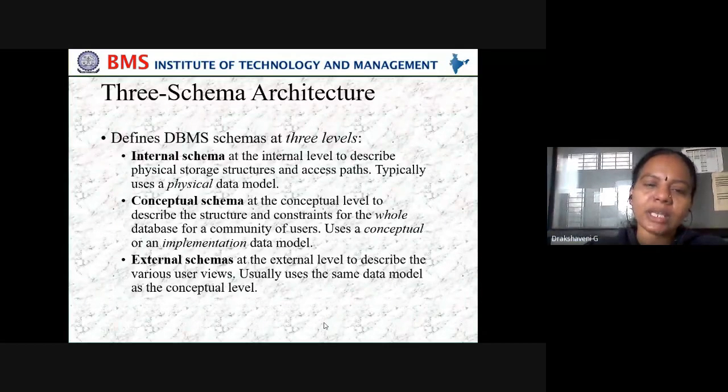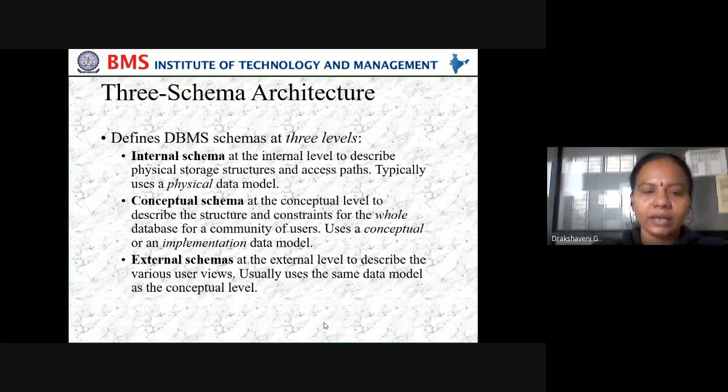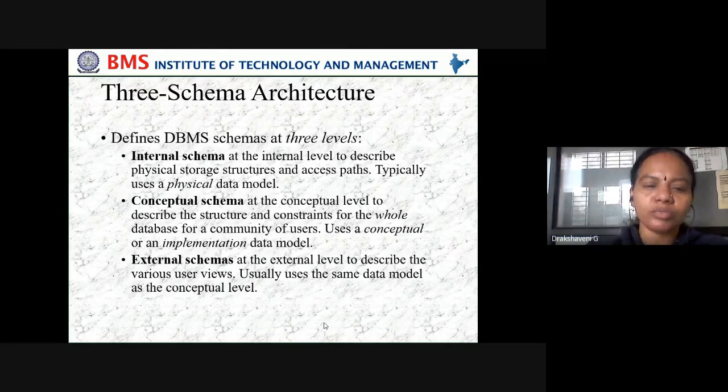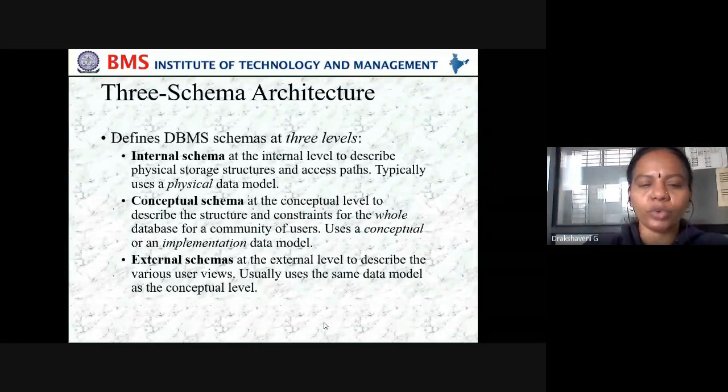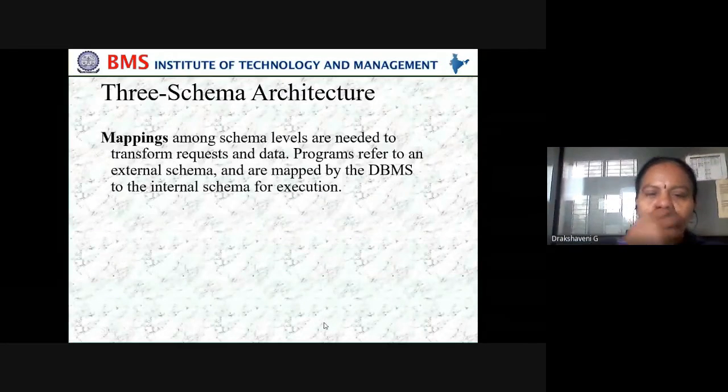The conceptual schema at the conceptual level describes the structure and the constraints for the whole database for a community of users, and uses a conceptual or an implementation data model. The external schema at the external level describes the various user views, usually using the same data model as the conceptual level. So this is what the three schema architecture says to us.